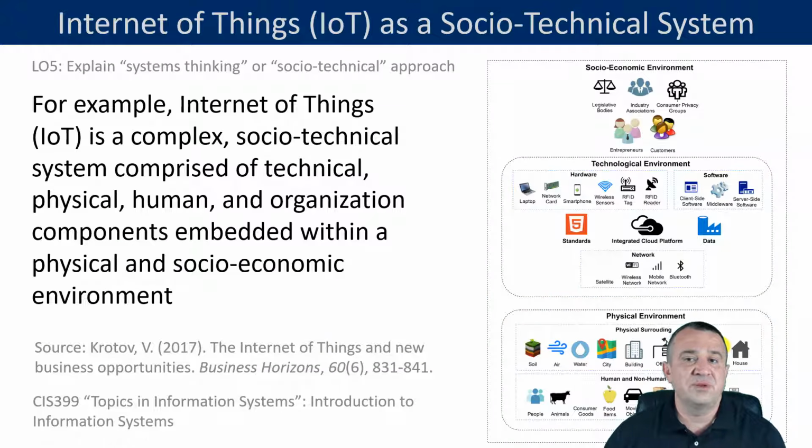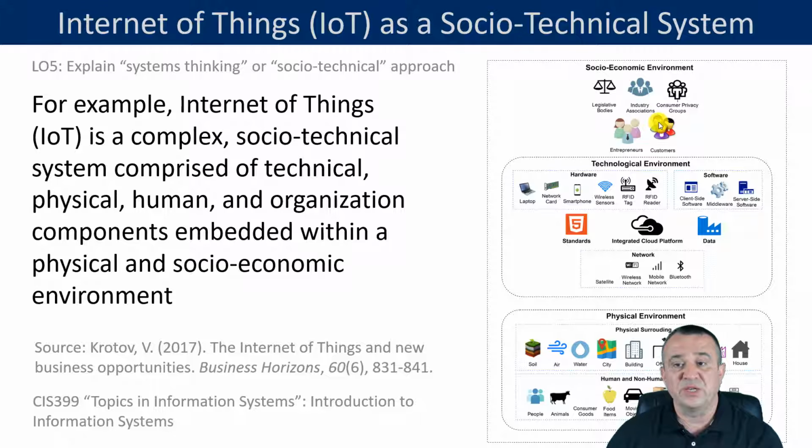Now, some examples of socio-technical systems. One example comes from my own article on the Internet of Things. A lot of times when people discuss Internet of Things, they discuss the technology. They discuss the hardware, the RFID tags, wireless sensors. They discuss the software that is used to power various IoT applications. They discuss cloud storage. They focus a lot on the networking aspects of IoT, but they never discuss that broader environment. For example, in order for you to be successful with your IoT-based product, you also need to take care of social